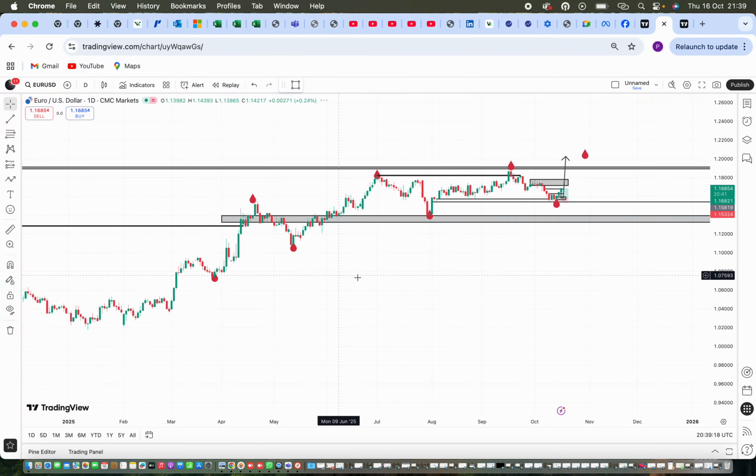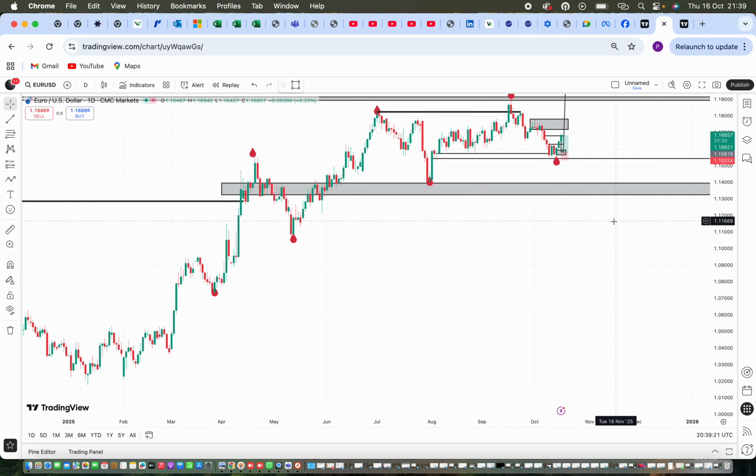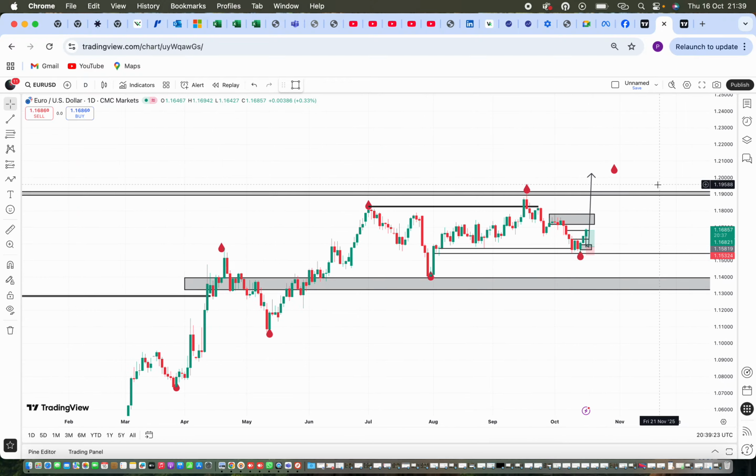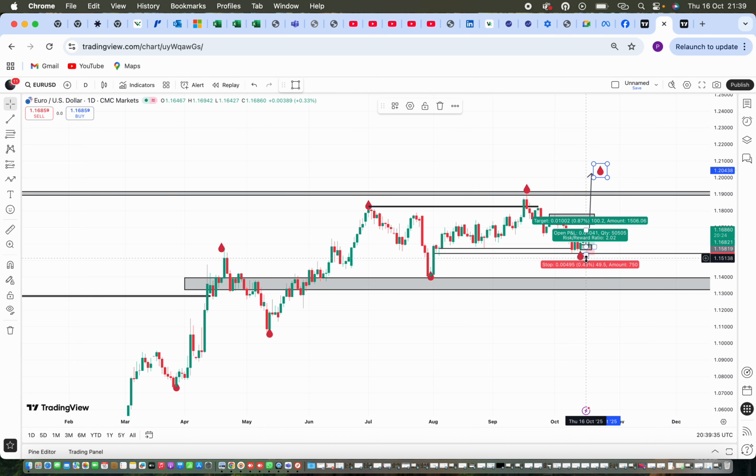So let's go quickly to the daily. Now what can we see from the daily time frame? All right, this is where I say price is coming. We are expecting price to get to this level to create a new high for us. Remember, this is our higher low, and this is going to be our next higher high.